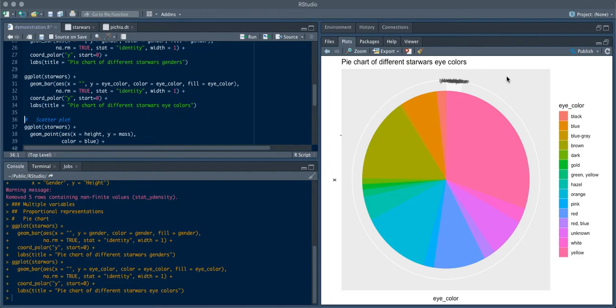We can also use groups with a lot more variety, such as eye color. So you can see here that we have black, blue, blue-gray, all the way up to yellow. We have several varieties, and then you can see how it actually starts to kind of blend inside of the pie chart. This would be less useful as visual analysis, but it could be useful if some of these colors are grouped into bigger subgroups. And maybe you could have those subgroups here, and you could show the distribution, and that might be